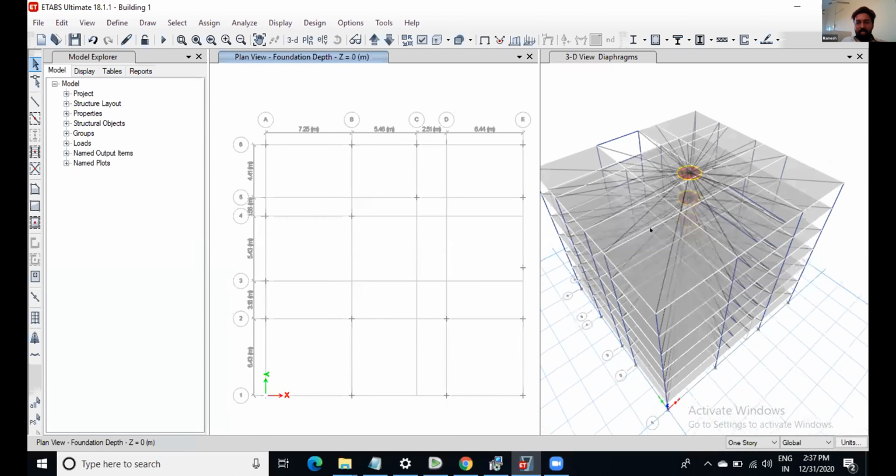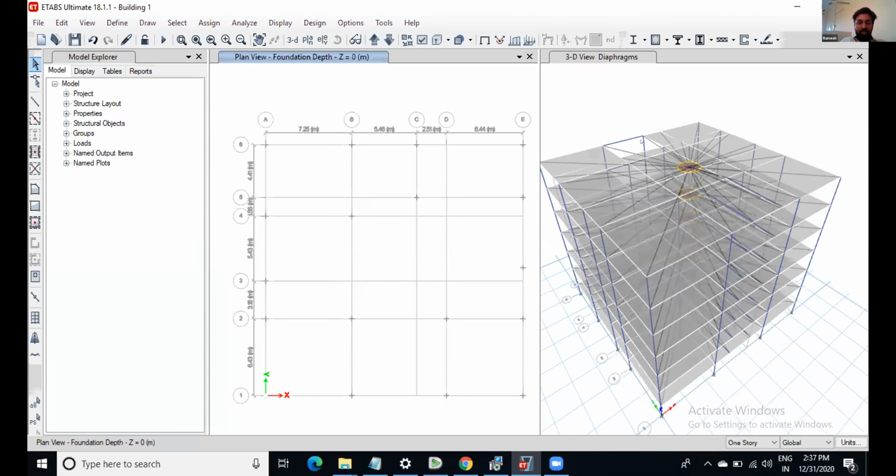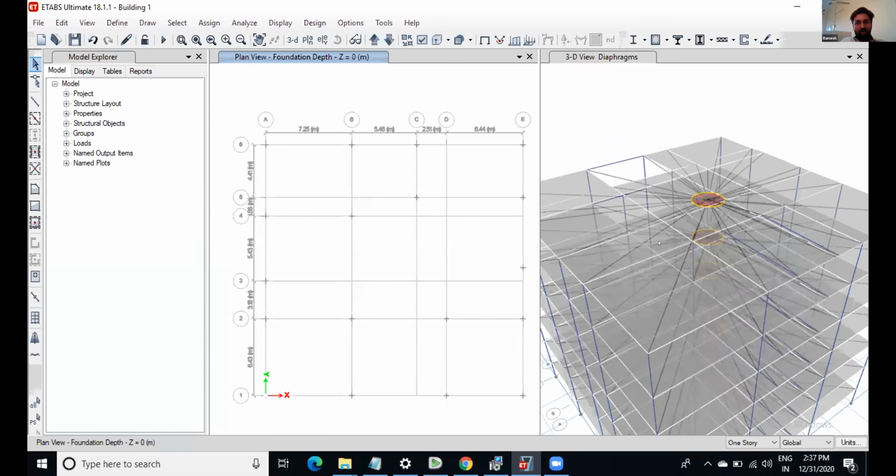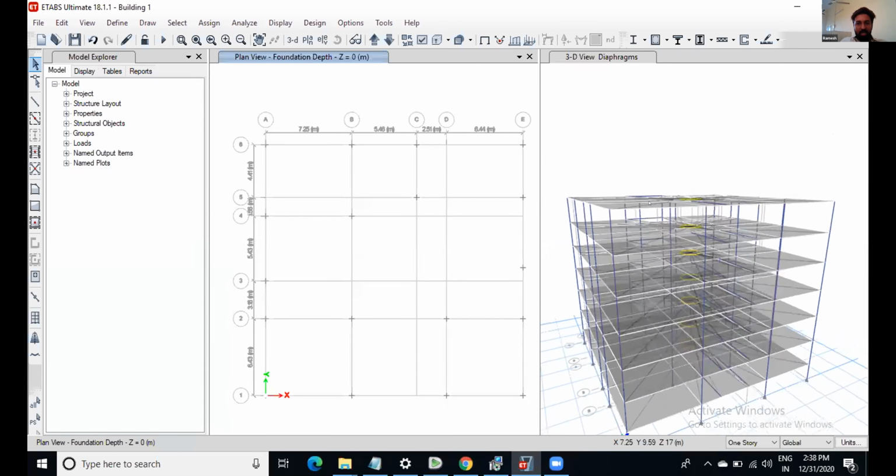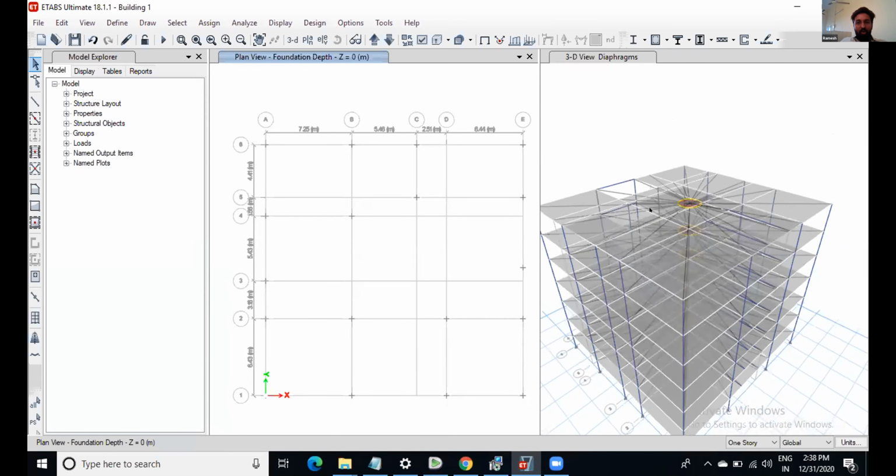So based on that you will be giving the diaphragms. Then after that you can start giving the loading. Then you can go to the loads also. See, the loads are also not even. The diaphragm will equalize that one also. It will consider that also when it is giving the moments in the columns and beams, because one side you will have different types of loading and the other side you will have some different kinds of loadings, right? Based on the architectural plan and all, the wall loads and the gravity loads will be differing.